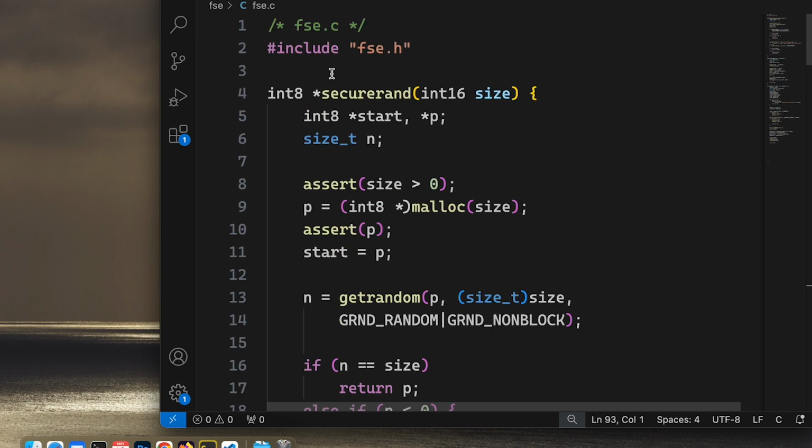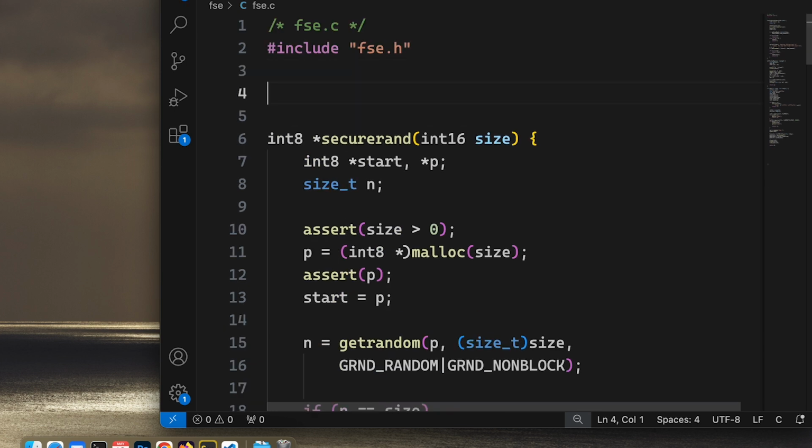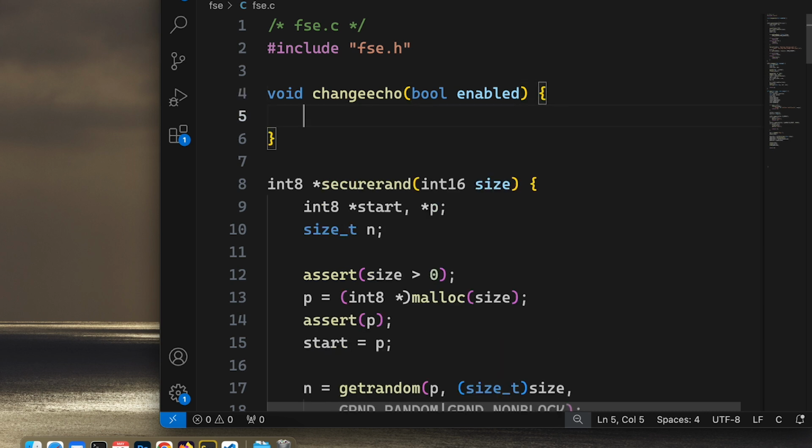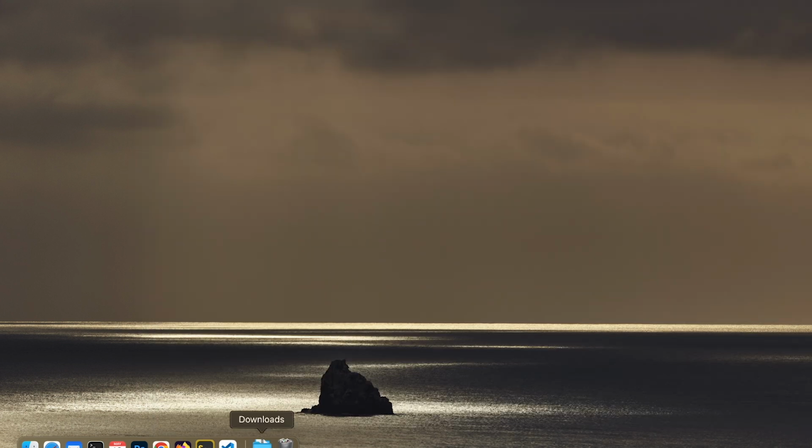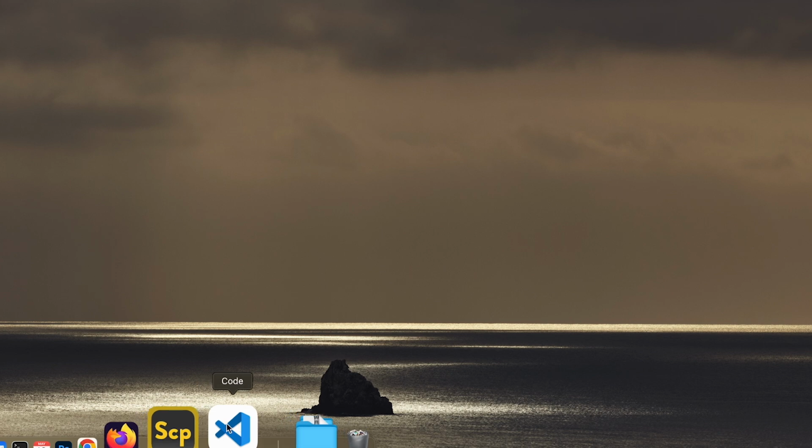So let's write the function, and it will be a void function that we'll call change echo, and we'll have a bool enabled, like this. Okay, so the next step is we need to create a structure, an instance of a structure